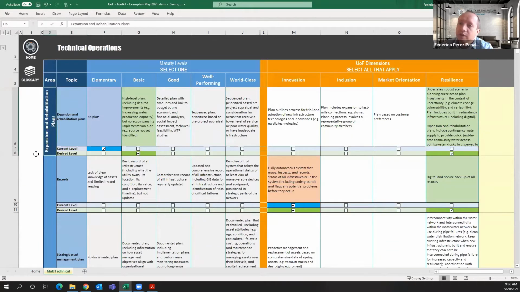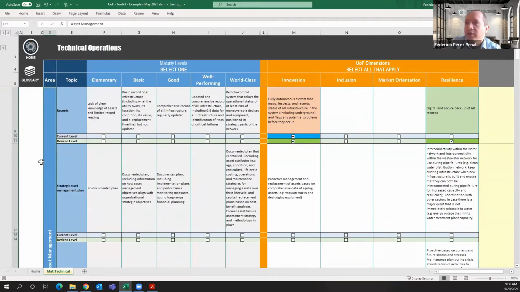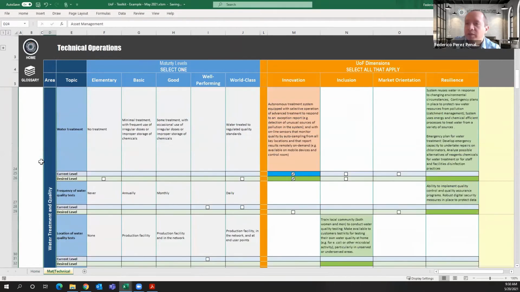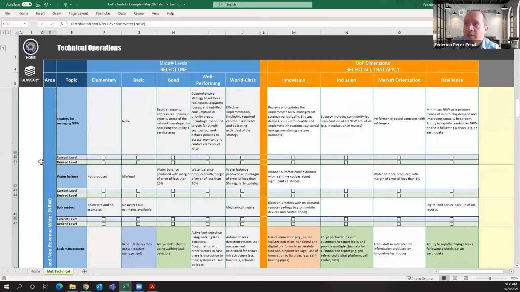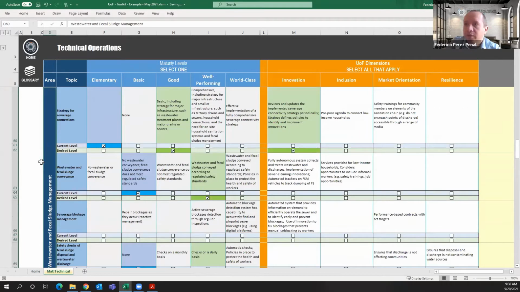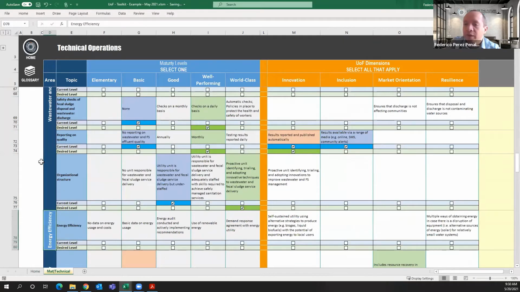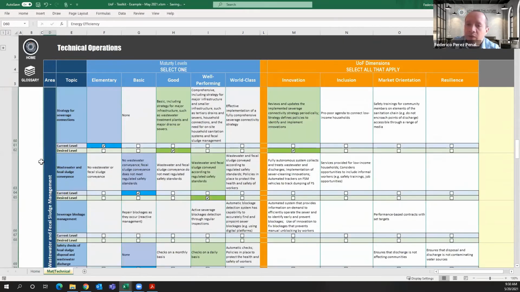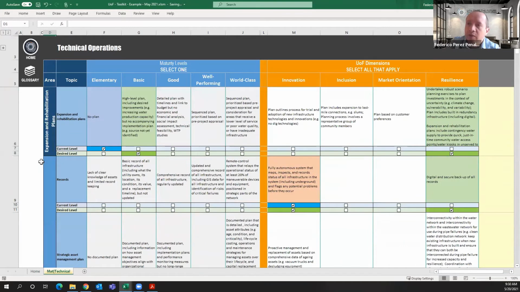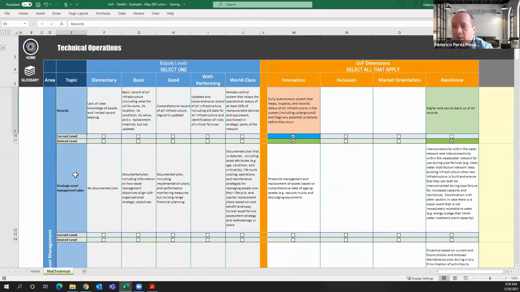So the areas are expansion and rehabilitation plans, asset management, water treatment and quality, non-revenue water, sanitation, energy efficiency, and circular economy. Those are the areas related with technical operations. If you go through any of them, you will see also, and if you are working in parallel on your own computer,